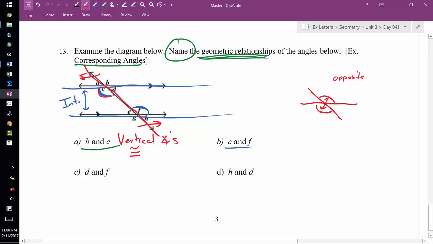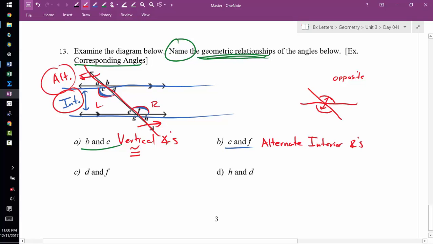Angle C is on the left, and angle F is on the right. They're on what we call alternate sides. So when we put that together, they're both alternate and interior. That's why we call angle C and F alternate interior